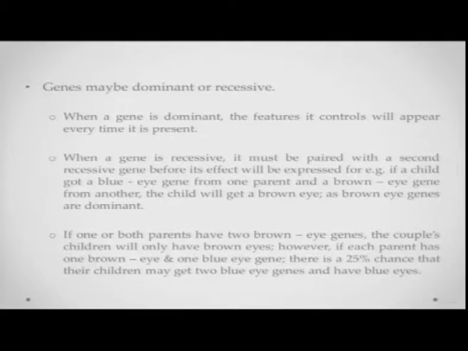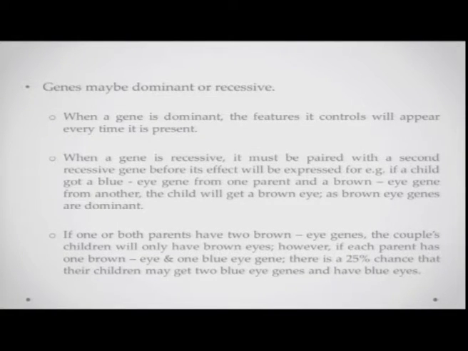Now sometimes there could be a single gene that is responsible for inherited features, for example eye color. So there is a single gene that governs what color of eyes you are going to have. However, there could be many other characteristics which are polygenic. So many genes combine to give you those characteristics. I'll come to that in a bit. Now, how do genes manifest? Genes could be dominant genes or recessive genes.